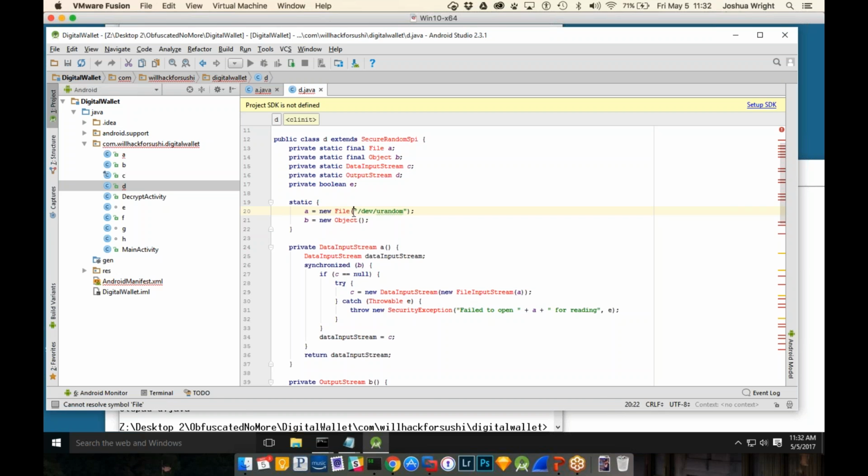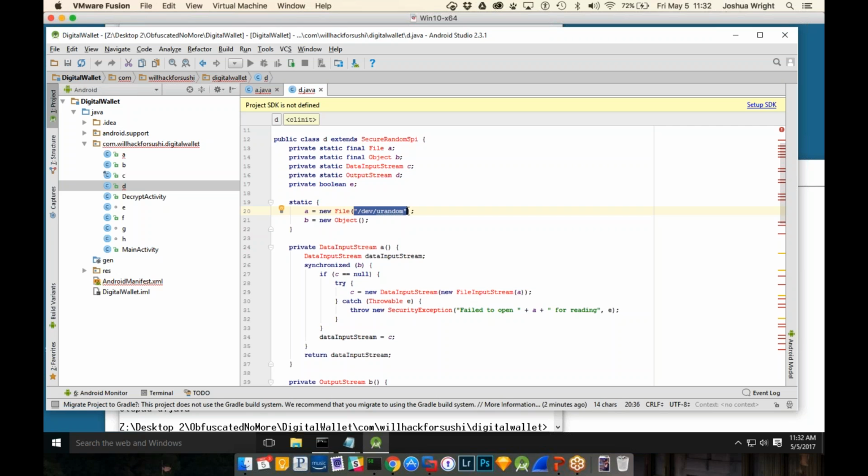And I know the file object is being initialized with /dev/urandom as a string. Now on Linux, /dev/urandom is the random device for getting random data. So I don't know what the original developer called A, but looking at that line of code, it makes sense to me that A could be called